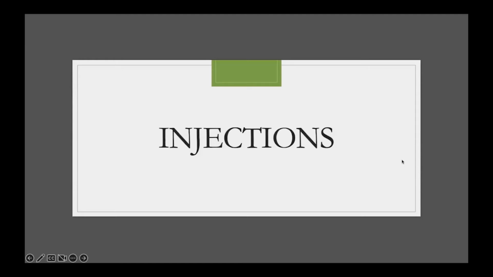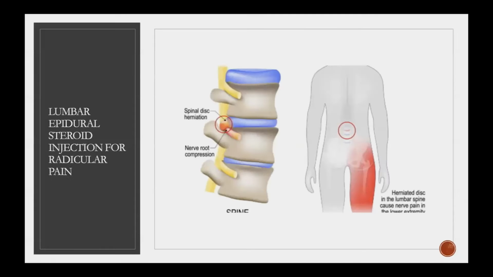Alrighty, so the second half of this talk is more about injections, and then we'll talk about surgical procedures. When we think about injections, today's lecture will focus mainly on back pain, but a lot of these principles apply to other types of pain as well. Like if you have a nerve entrapment in the arm or leg that's not originating in the back, some of these techniques can also be applied in that scenario.